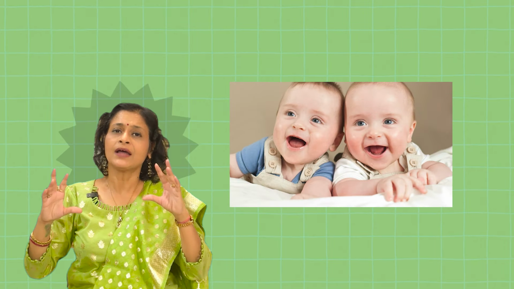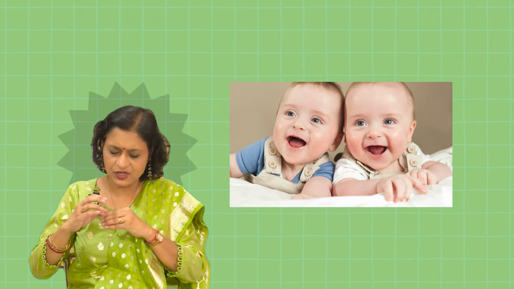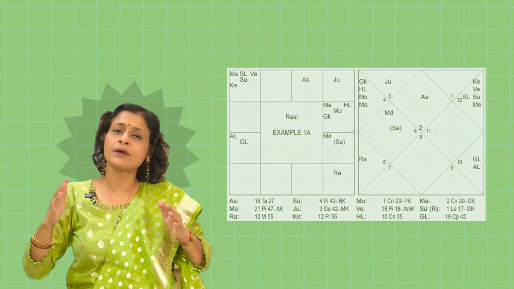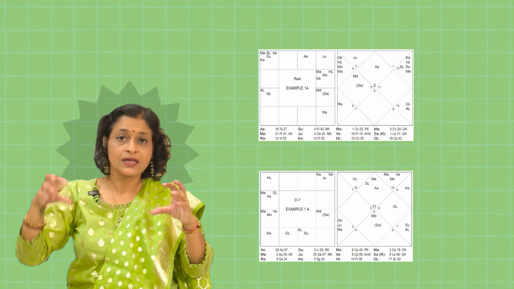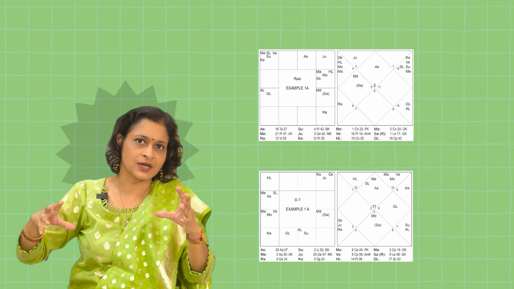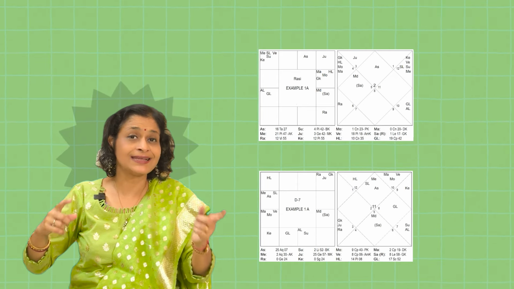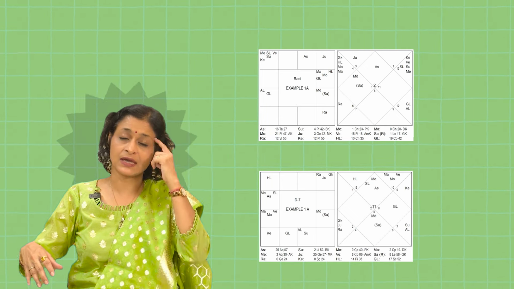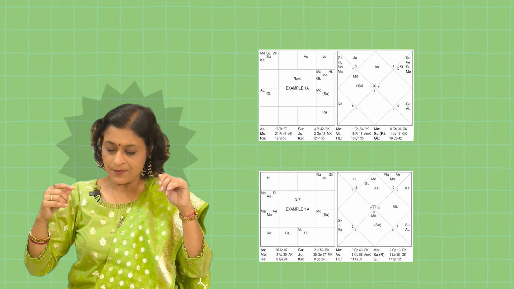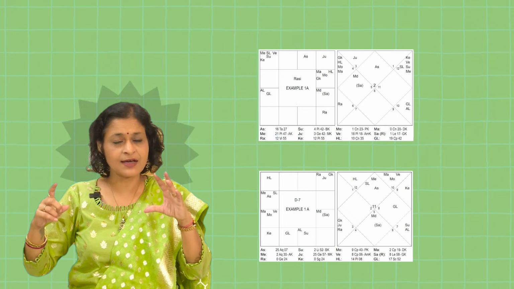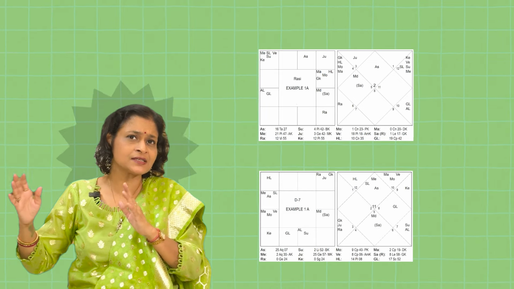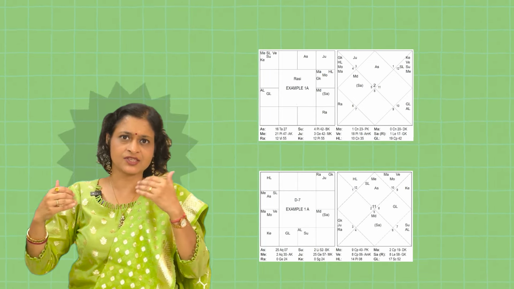So, I am looking into the D1 of an example here. I am taking the chart of two sisters, and they are both born with a difference of just 10 minutes. When I look into the Rasi chart, which is the same for both of them, and we are talking about the D7, the 5th house of the natal chart becomes important. We look into the 5th house and the influence on it, the lord of the 5th house, and the karak of the 5th house, children. For both of them, the lagna is Taurus lagna. In 10 minutes, the lagna shifts. As a result, we will see a change in the D7 also.